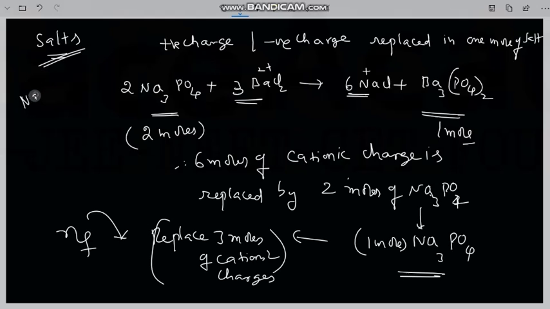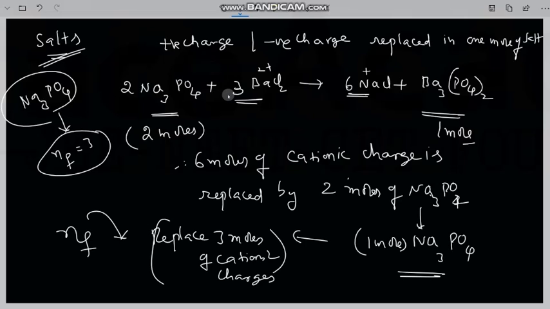That means if you take sodium phosphate Na3PO4, the n factor straight away we can say is 3. But only after writing the chemical reaction can we tell the answer. That is the little complication we have in n factor calculations. Here the chemical equation is given to us, so it is very clear. We can write the chemical equation and tell the n factor. But if the chemical equation is not given to us, then there may be chances of different values of n factor in this case also. Okay.